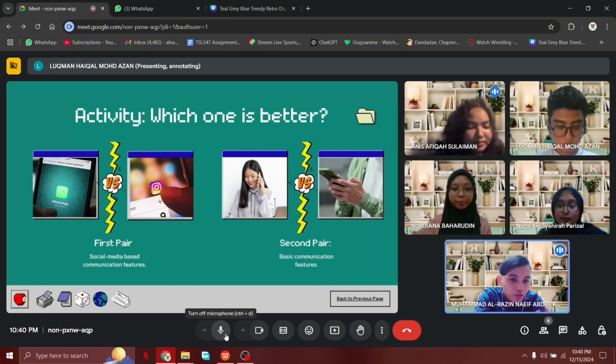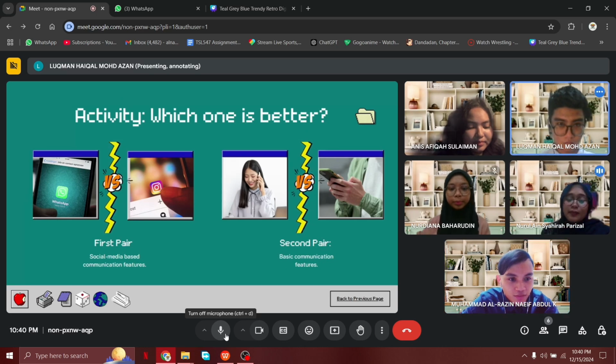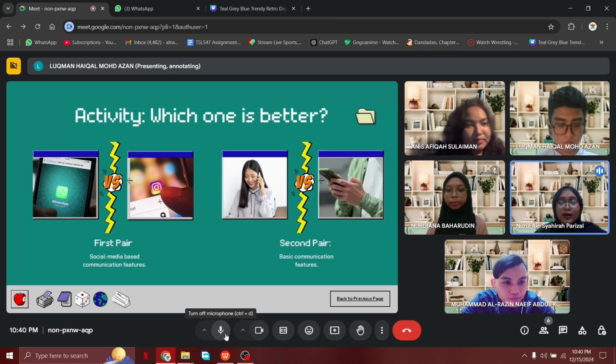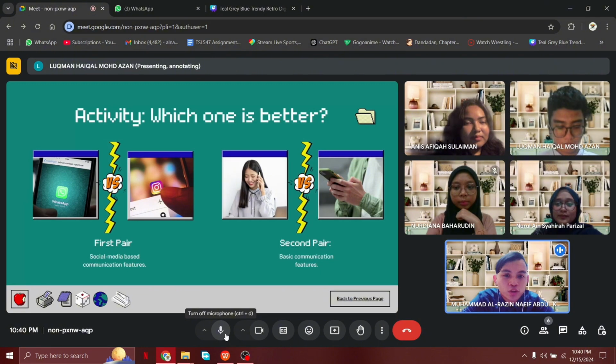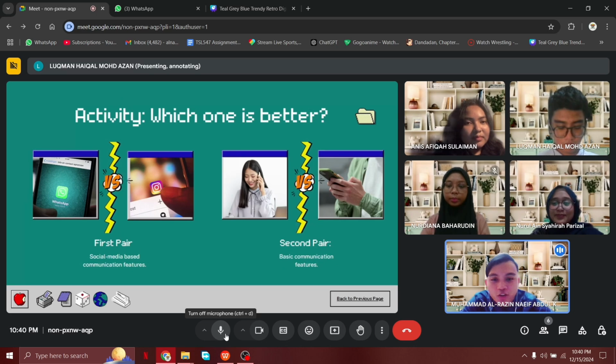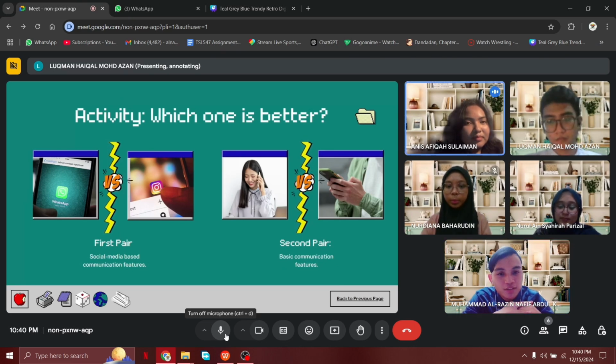What about Shaira? Do you have anything to add? In my opinion, calling is better than messaging because calling makes us feel nearer to the person that we talk to, instead of messaging, where we just read the text only. Do you mean it is easier to express your feelings in a call compared to messaging? Yeah. Okay, good. I think that's all for our activity. So next,